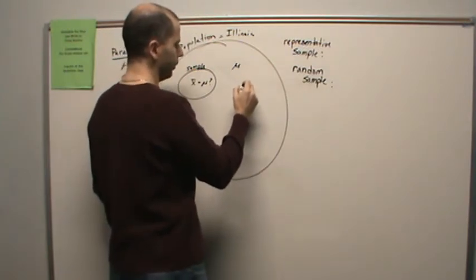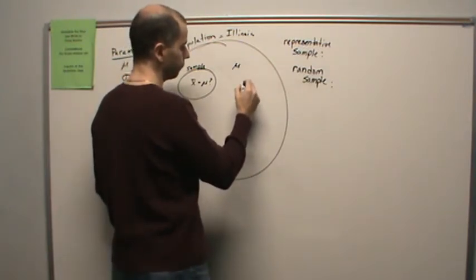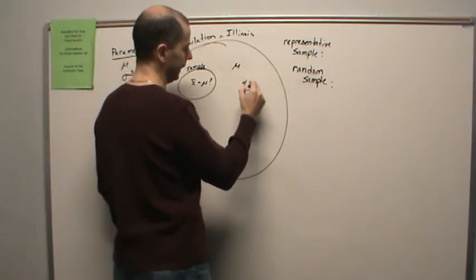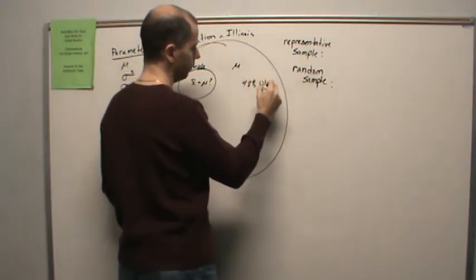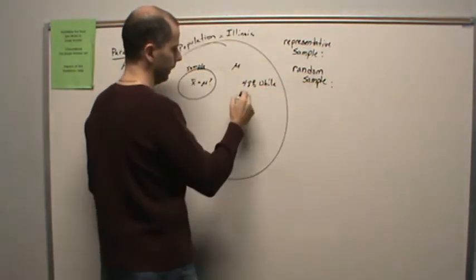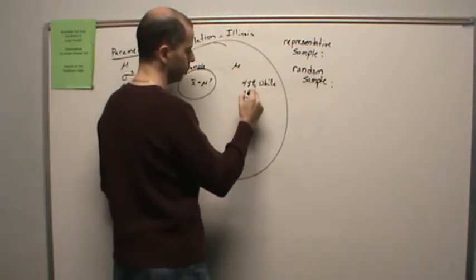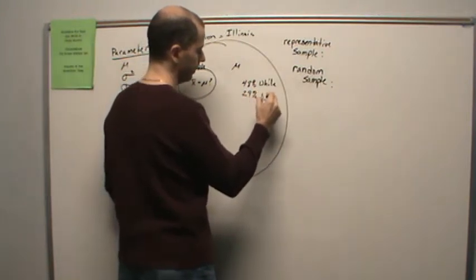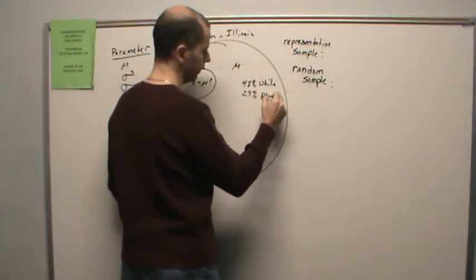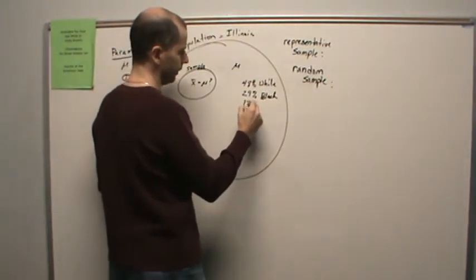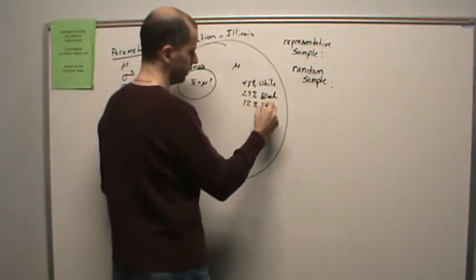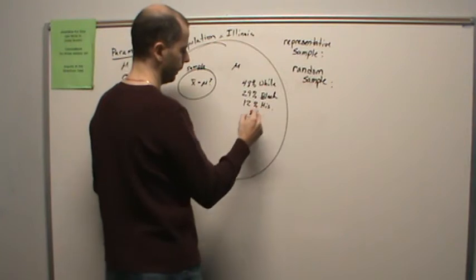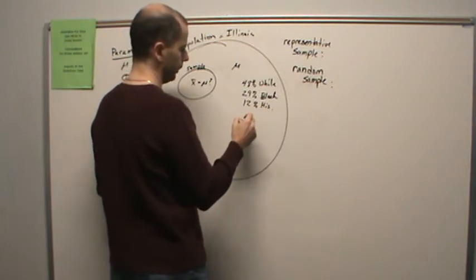So let's say we know that 48% of Illinois is white, and we know that 29% is black, and let's say 12% is Hispanic, and let's say we know that